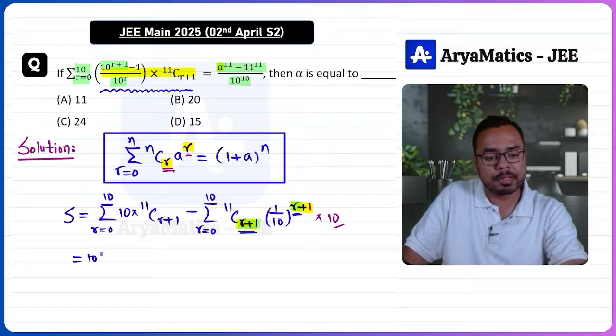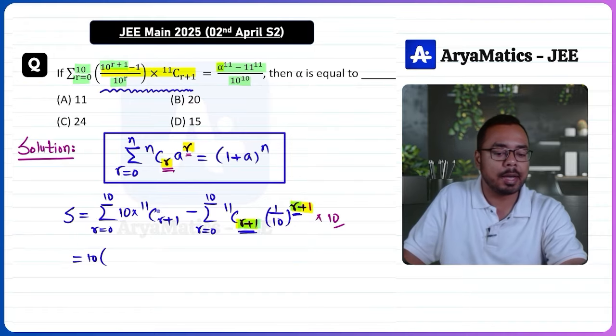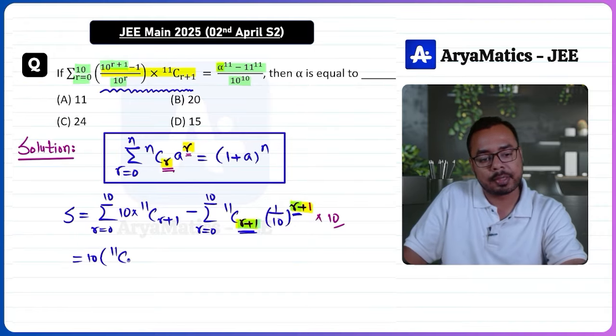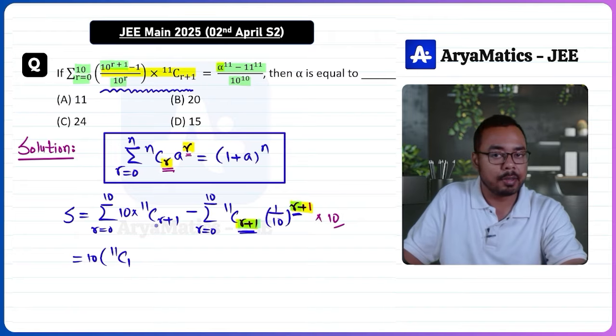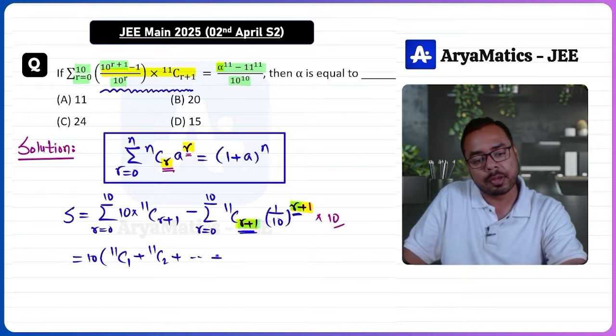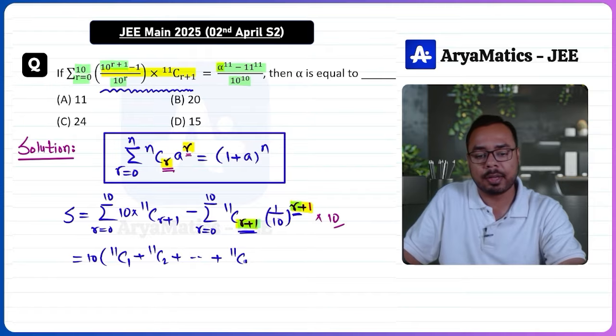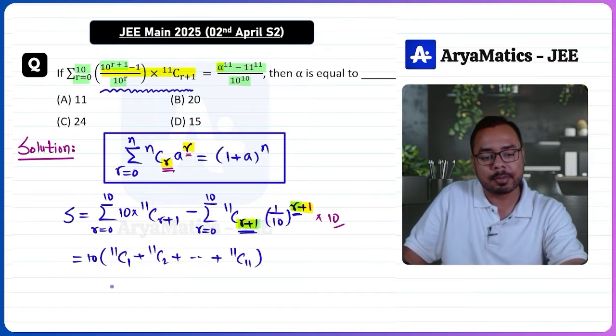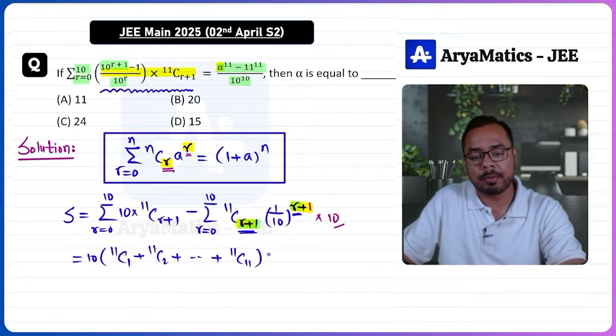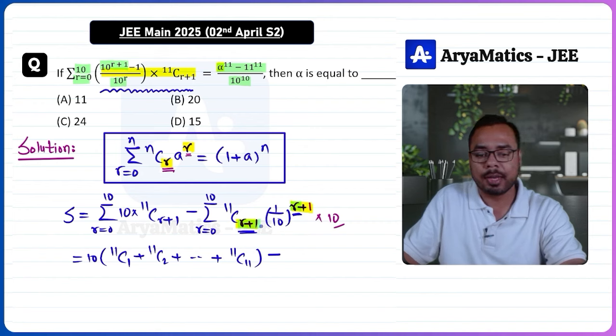So first term will be 10 into, if you take r as 0, this will become 11c1, right? That r equals to 0 will give 11c1, then 11c2, and so on. Last term will be 11c, and then if we substitute 10 here, we'll get 11. So this is the first sum. Minus the second one will be, now here again you can notice that if I start with r equals to 0, then we'll get 11c1, 1 by 10 raised to